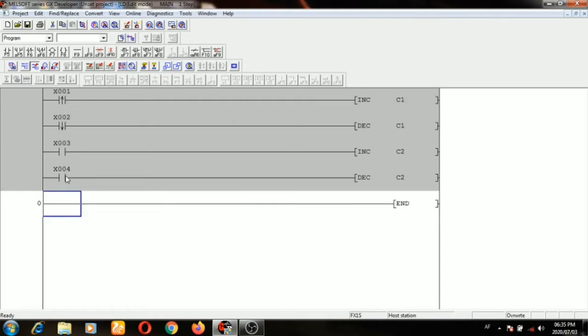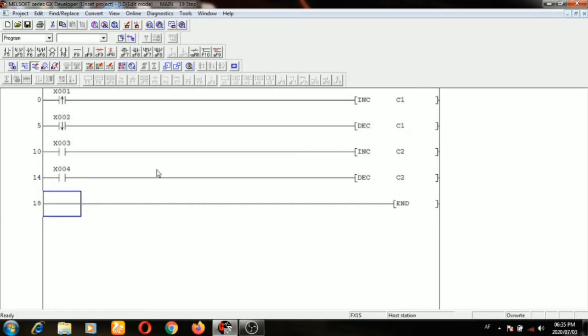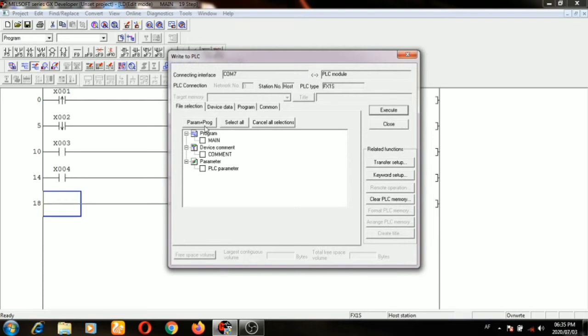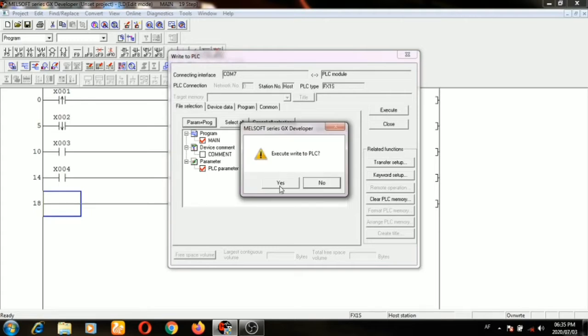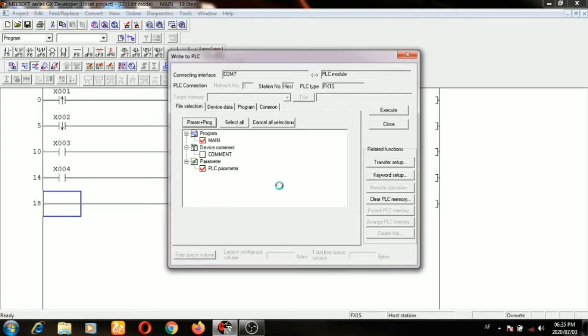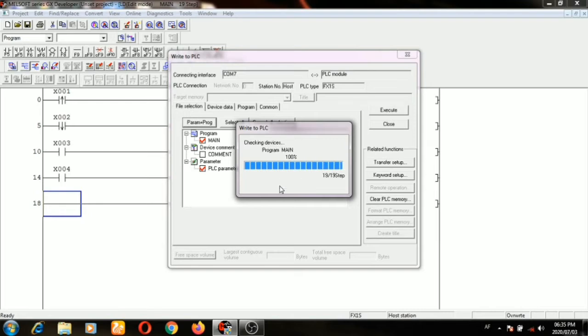Let's check this program and understand the difference between a normal push button and rising and falling pulse. So F4, write to PLC, execute. Now the program is being written to the PLC.